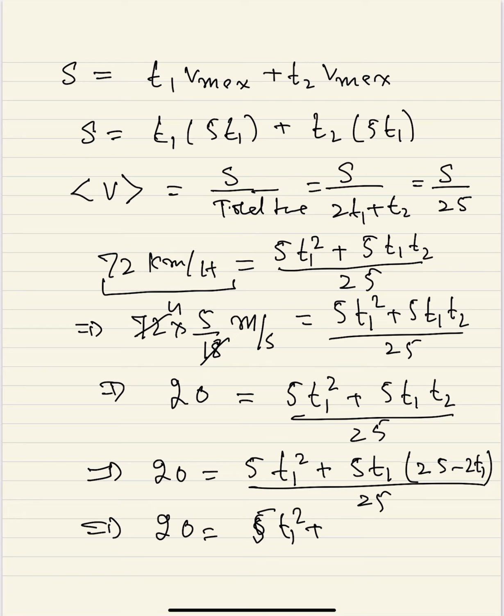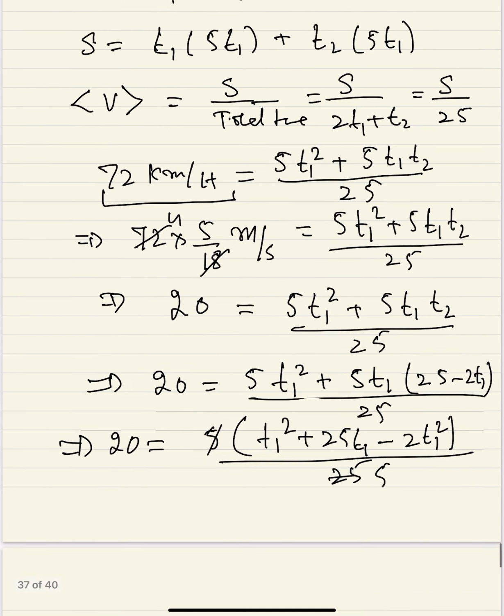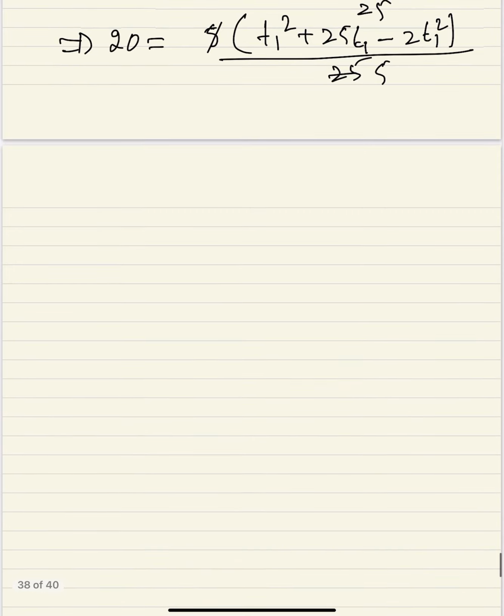Just a minute. It will be 20, take 5 common from the top, T1 square plus 25T1 minus 2T1 square, divided by 25, 5. So now by cross multiplying, 20 into 5, that's 100